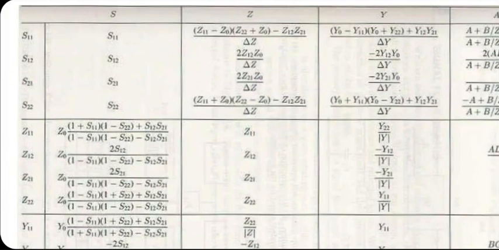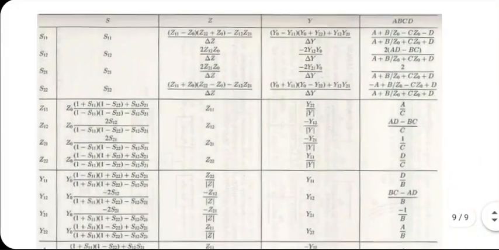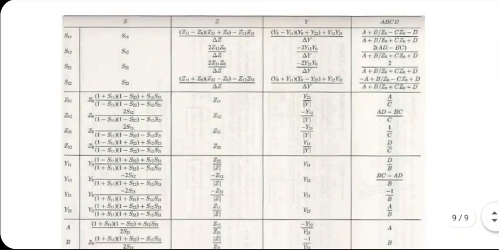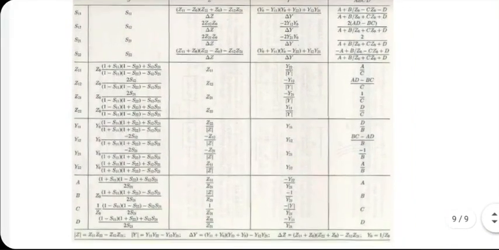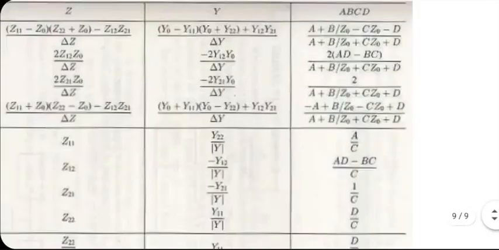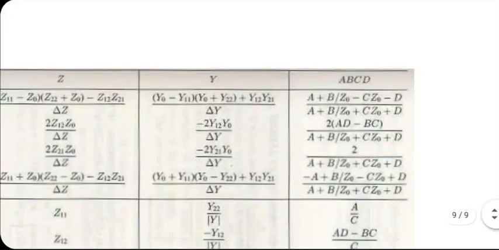So if you want to avoid derivations for S parameters, one method is to figure out ABCD parameters and then use these formulas. This is an indirect way which some people prefer, especially if the network is quite complicated. For a simple thing like a transmission line, it was not bad. We could derive S11, S12, S21, S22 directly from basic definitions. But the alternate method, which a lot of simulation tools actually depend on, is that rather than directly calculating S parameters, they first calculate ABCD parameters and then use these conversion formulas. I'm not giving you derivations for these conversion formulas. If time permits, I could have given them, but it's not necessary.